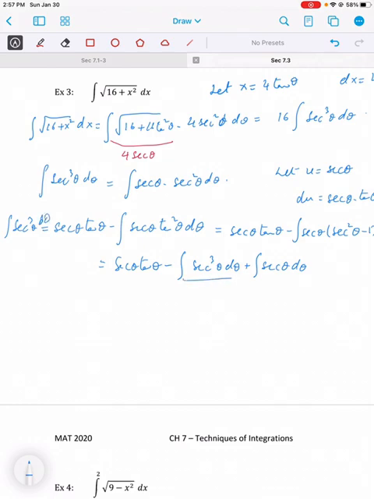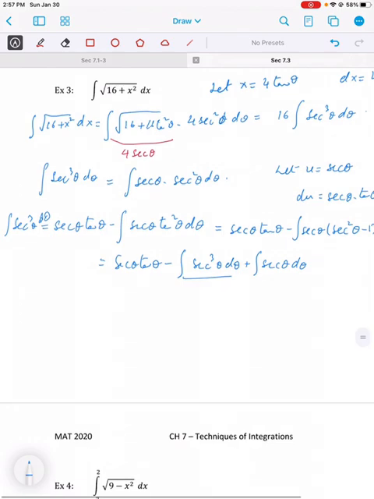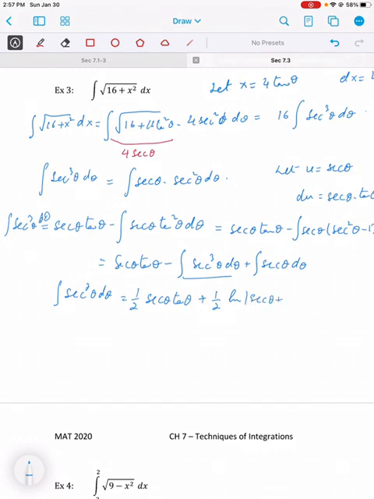So we will move this over, so we end up getting 2, and then we will divide by 2. So I'm going to do those two steps together. So eventually we end up getting that the integral of secant cubed theta d theta is equal to 1/2 secant theta tangent theta plus 1/2 ln of secant theta plus tangent theta. Therefore, your answer will be,